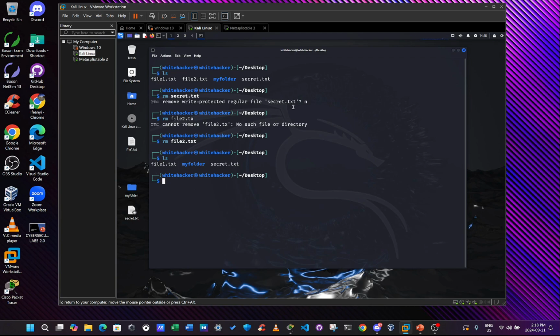So that's the benefit of creating files or folders with root access. It would always remind you that these are special files, and you don't want to delete them. And if I was not a white hacker, if I was just a regular user, probably I won't even have access to those files. So that's the benefit of having root access to your system to create